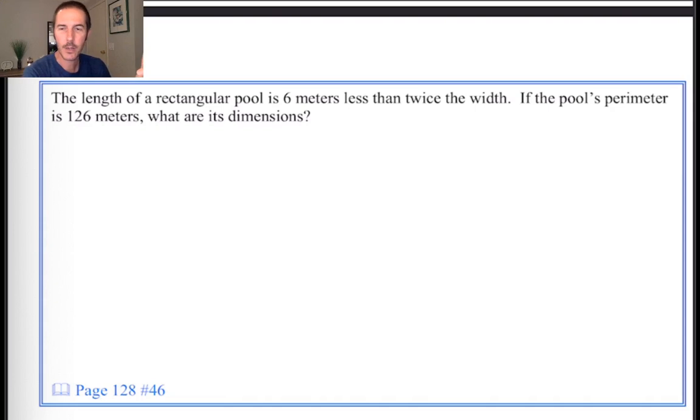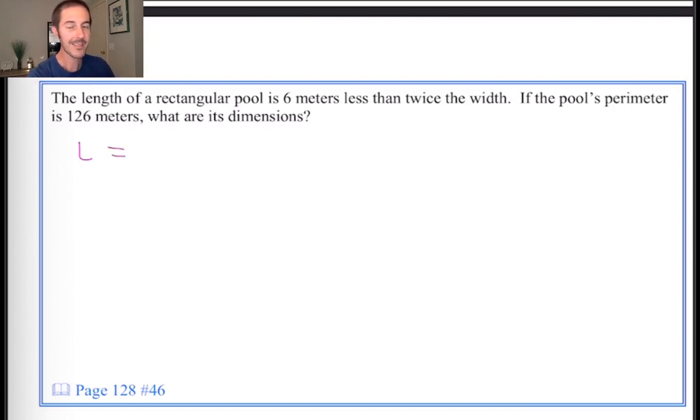The length of a rectangular pool is 6 meters less than, oh, I hate it already, right? That's what you're thinking. You've just read that, you hate this problem. I don't blame you. Let's see if we can do direct translation. Maybe that'll work. The length of a pool, I'll call it capital L, very creative, of a rectangular pool is, there's the equal sign,